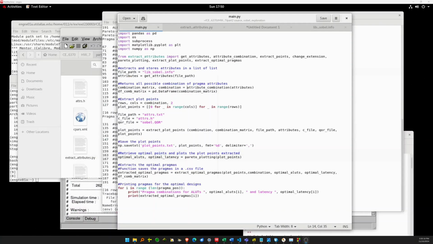Hi, this is Edwin D'Souza, and this is going to be part two of homework 7, designing a design space explorer. So the best way to see how it works is to review the code first and see how it works on each step. So this is my main file, and all the functions that I've written are in